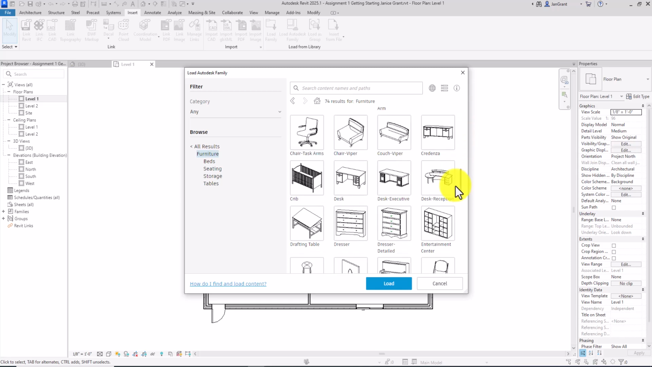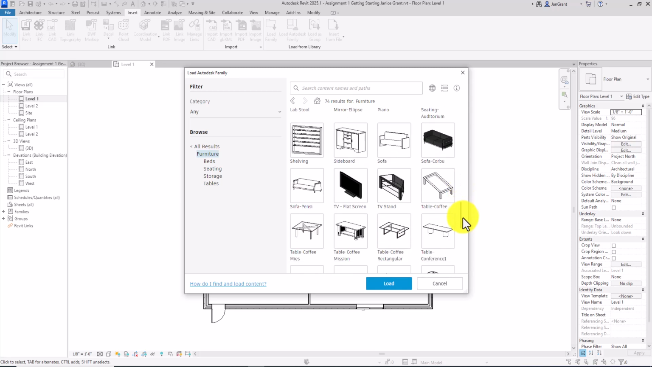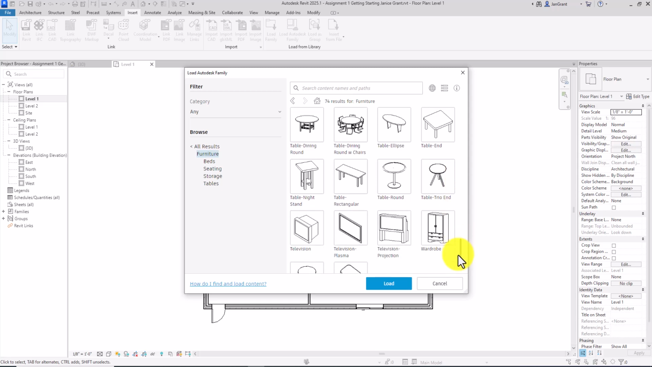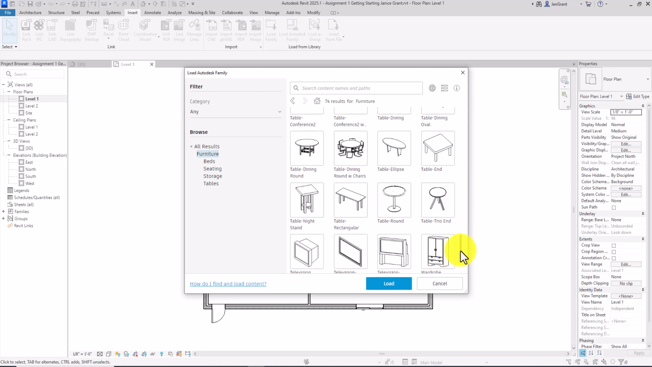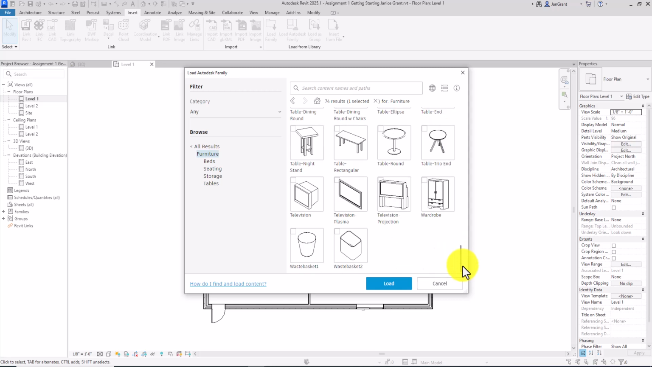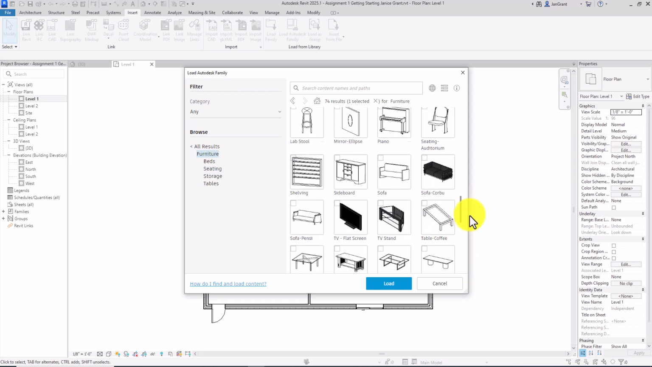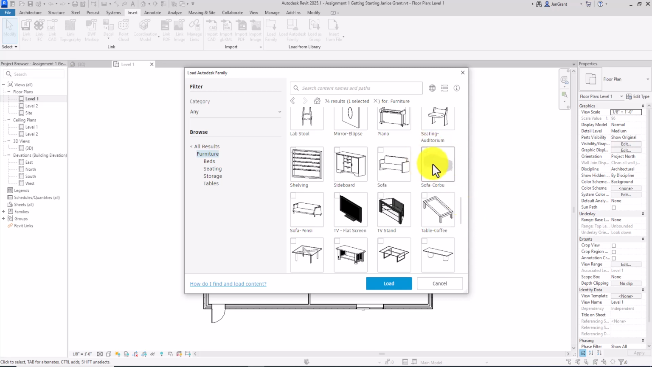I think I'm going to stick with there's a table here, and this dining room table is kind of cool. But I think what I might do is hold my control key down and get the dining room table and a sofa. Here's a nice looking sofa right here. But you can get whatever you want. I think that sofa, and there's a